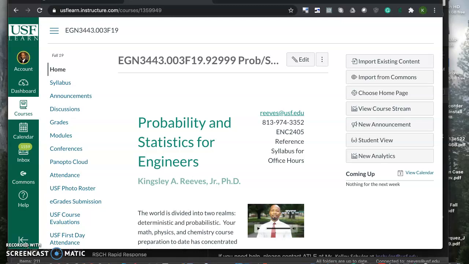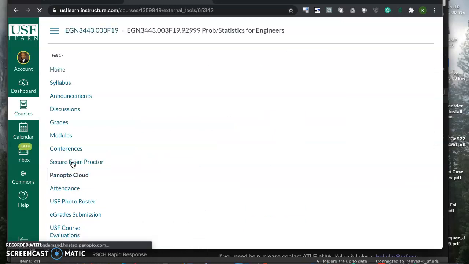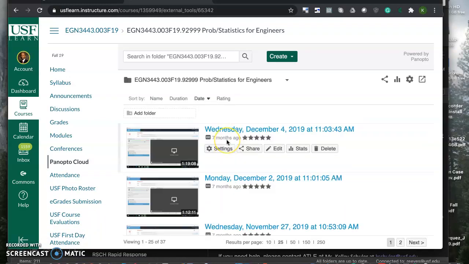So what you see on the screen is the Canvas site for my Probability and Statistics course for fall 2019. You see Panopto's already been added to the course. You can certainly add it if it's not present by going through Settings. So I'm going to select Panopto, and first thing you'll see once it loads is that it lists all of